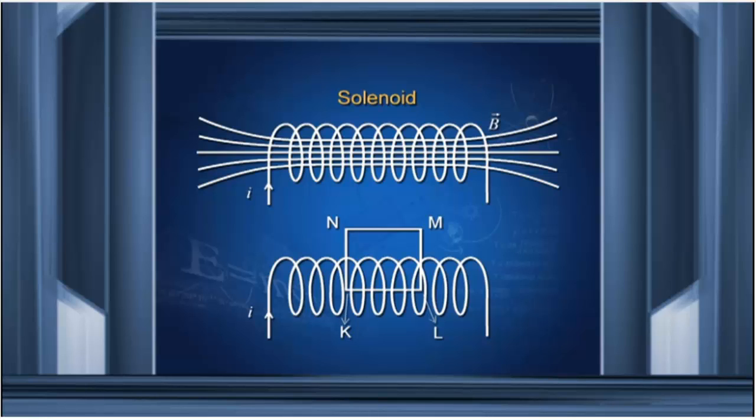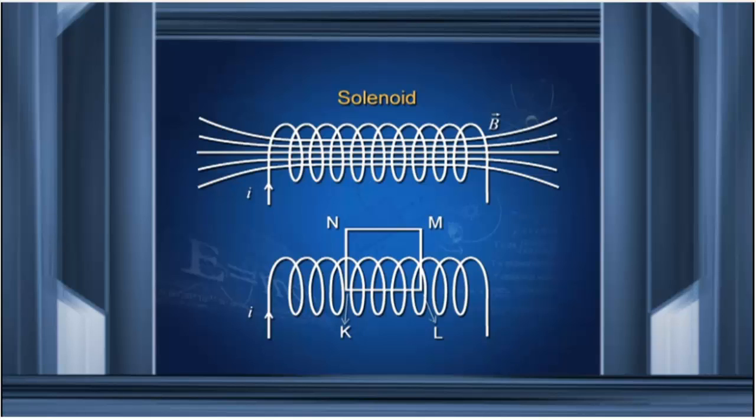Now we calculate for M to N. Integration from M to N of B dot dl equals 0 because the magnetic field outside the solenoid is 0. For the length NK, we calculate B dot dl. It will be equal to 0 because again length N to K is making an angle of 90 degrees with the magnetic field. Combining all these, we get integration B dot dl over the loop KLMN equals